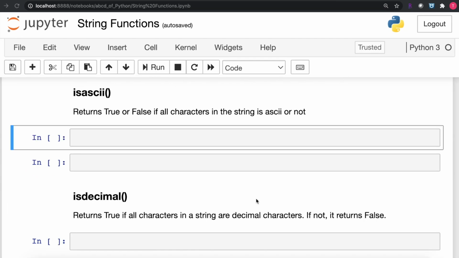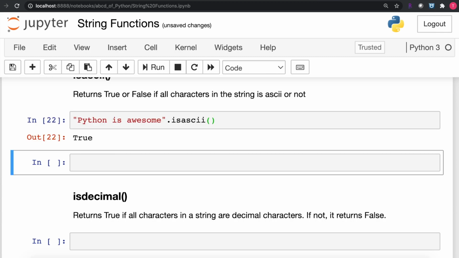So let's discuss now the isascii string function. The isascii string function returns true if all characters in the string provided are ASCII characters, else it will return a false. So if we take an example of the string Python is awesome and apply the isascii string function and execute our code, it will return a true as all the characters available in the provided string are ASCII